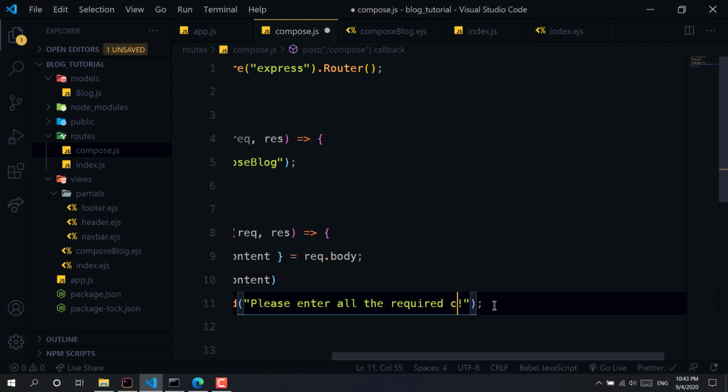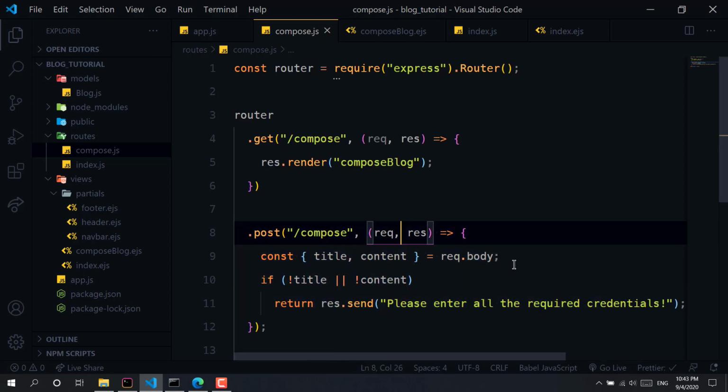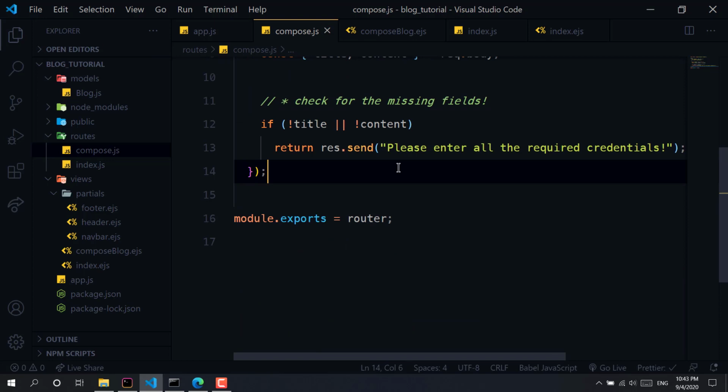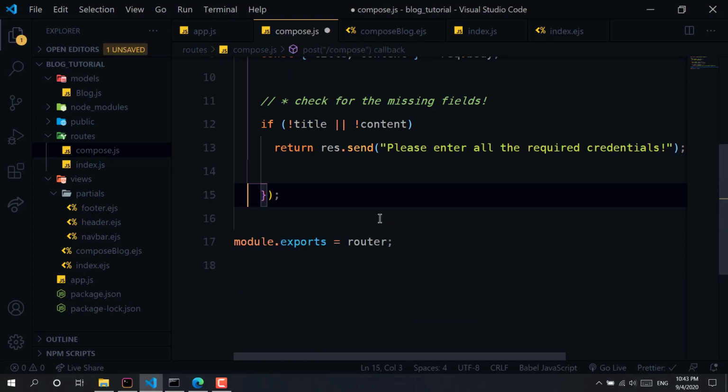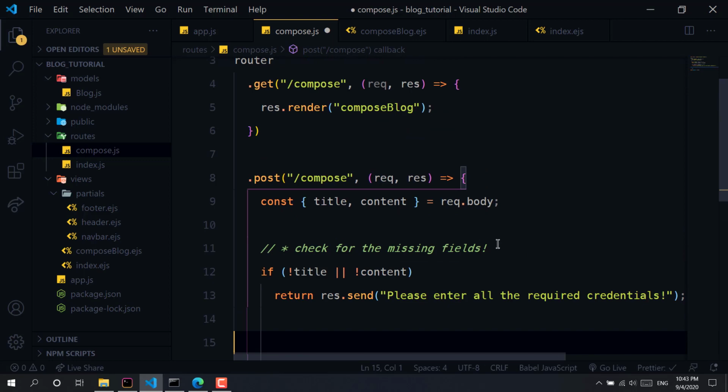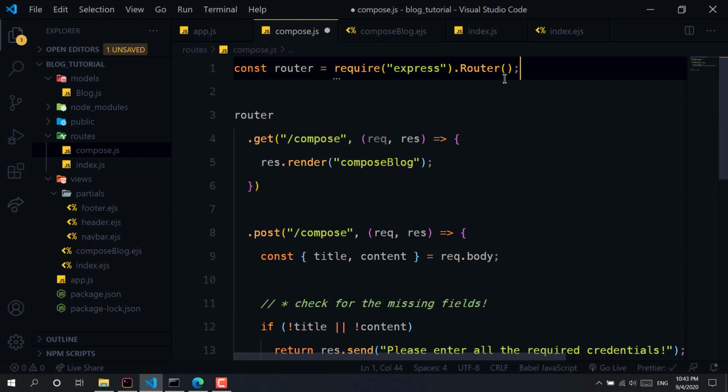So I think credentials, okay, so that's fine. And let me just comment it out here, check for the missing fields, and that's fine now. And if there were any, then we will just post it into our collection.